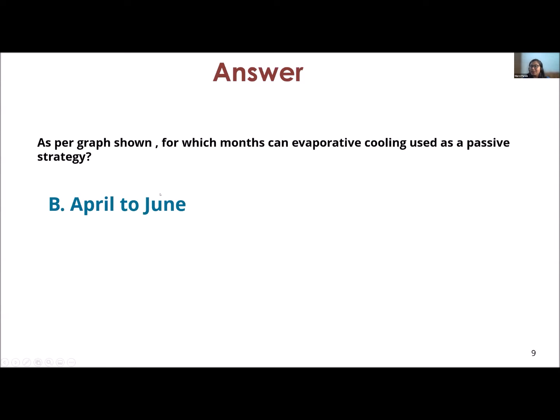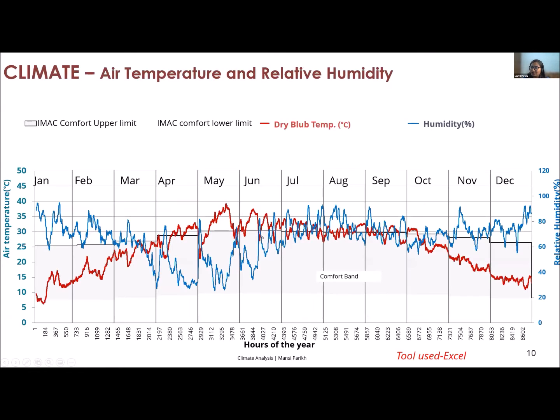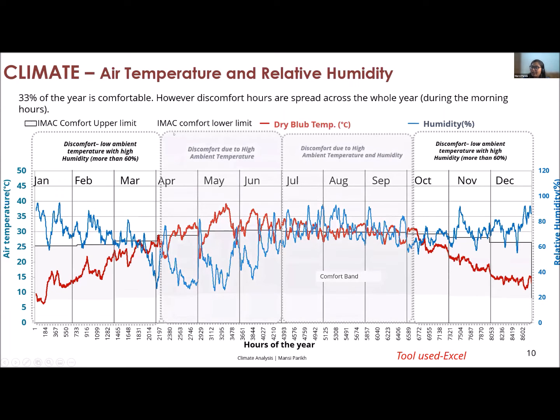Because, as I told earlier, humidity and dry bulb temperature, or your ambient temperatures, are inversely proportional as per the graph. So in this particular graph, that would happen. In the months of April to June, your temperatures are quite high. However, your humidity is quite less. As you can see here, it's almost less than 40% across the day. So we'll be able to provide misting,